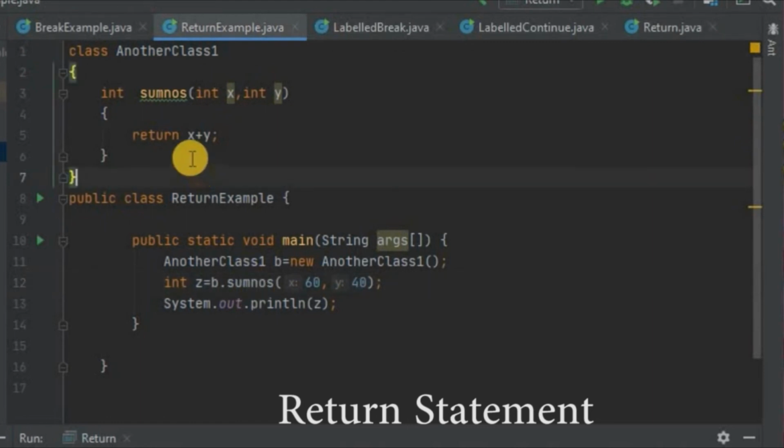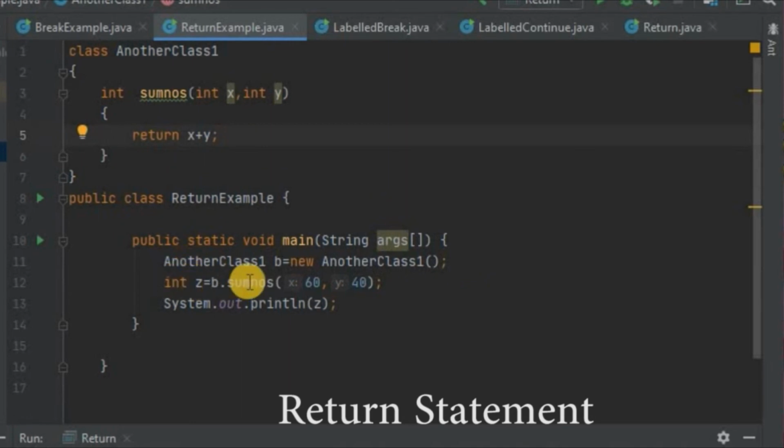So I took two classes here, class AnotherClass1. In that we have one function, int sumNumbers(int x, int y), return x plus y. Then public class ReturnExample, public static void main(String[] args).